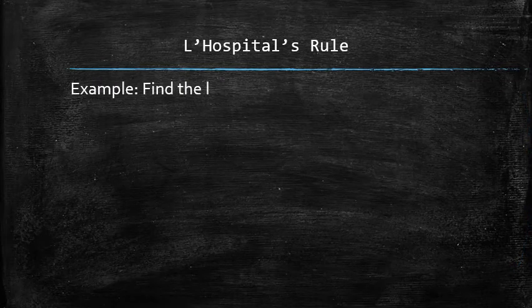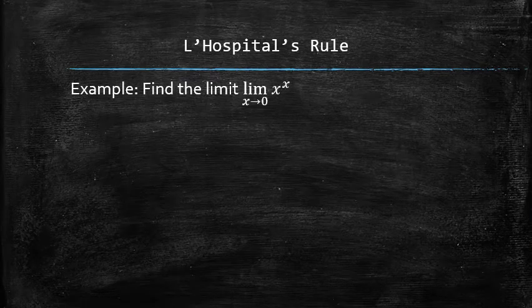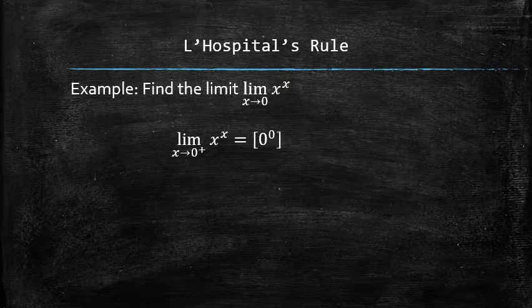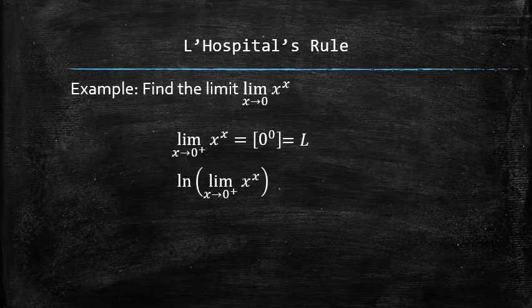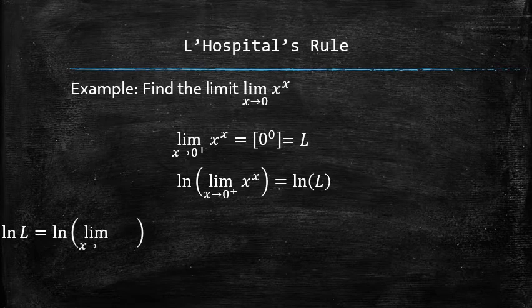Let's do another example. We start off the process by identifying the type of the limit, which has the 0 to the 0th power indeterminate form. The L'Hopital rule doesn't apply to this limit yet, so let's denote this unknown limit with the letter L. And let's apply the natural logarithm function to both sides of the equation, assuming that both sides are positive. Now, let's focus on finding the natural logarithm of L.